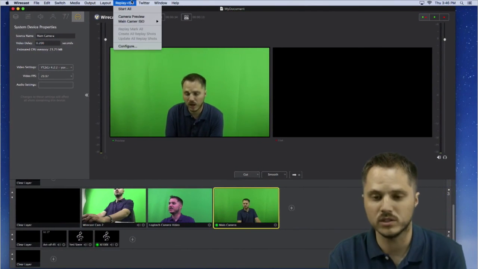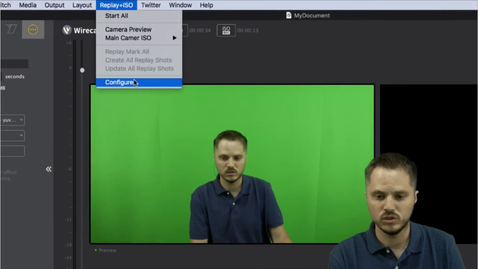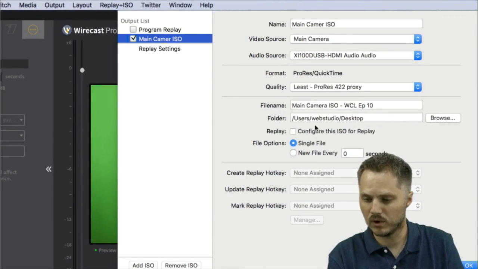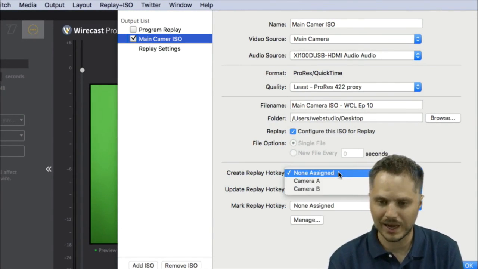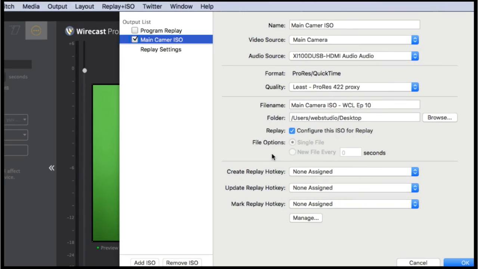Let's talk about what it looks like when you convert an ISO to a replay ISO. So we're going to go back here, and we're going to select this ISO and make it available for replay. All right, and we can choose hotkeys to create this. We can create a new replay hotkey just for this source, and we can do a new marking just for this.